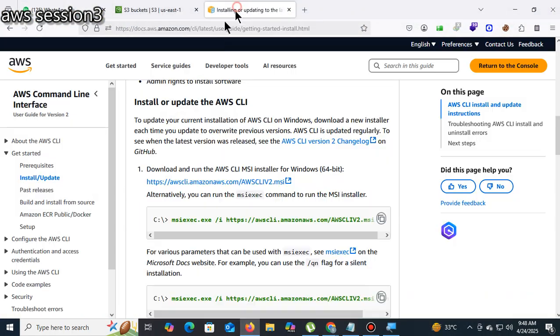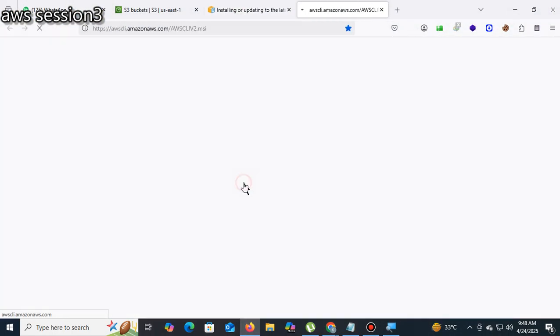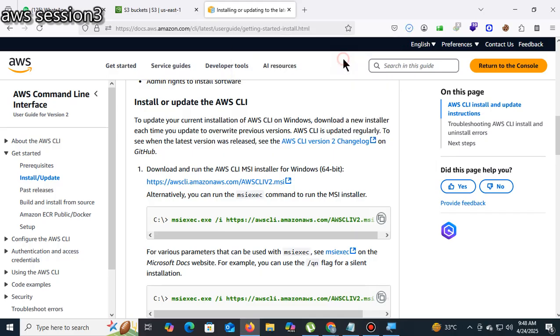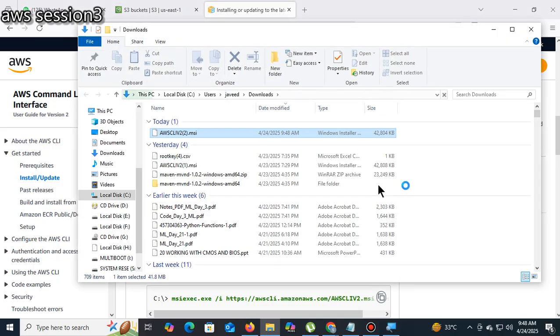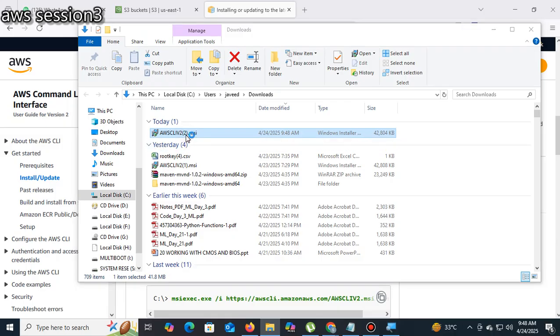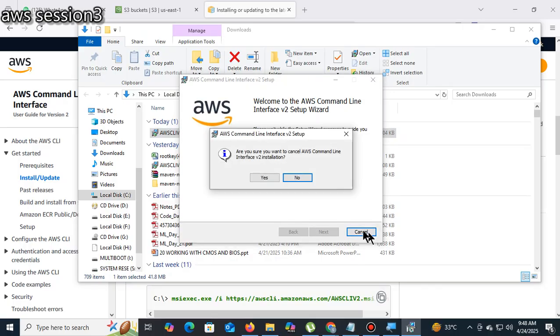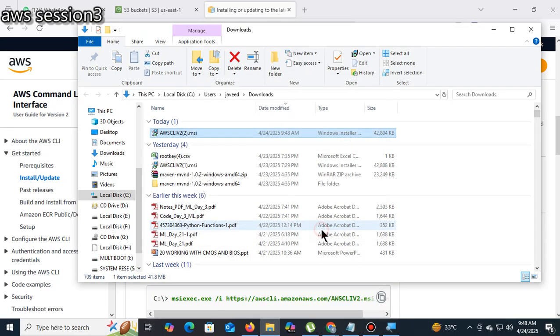When you click on this one, it will be downloaded. Understood? Okay. So then they need to install. You just click next. Which software do I need to install?